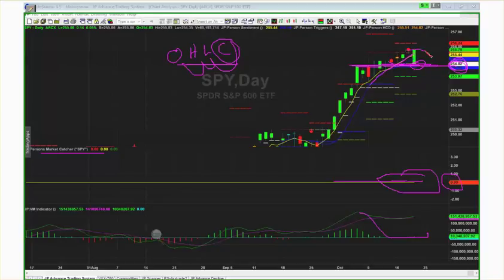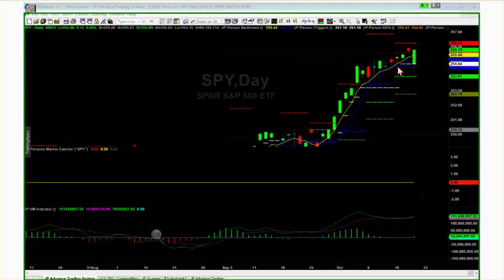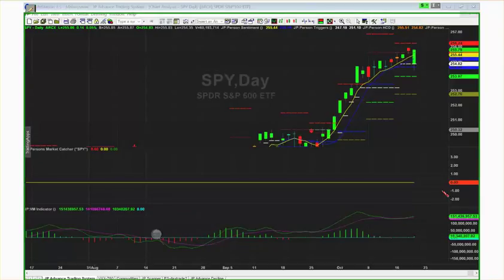And unfortunately, one of these days, we might just get one of these tall red candles, and then that's the end of it. But at this point in time, I would have to say that tops take longer to form than bottoms. All I could tell you about the market's condition based on today's price action is that we uncovered some supply and we uncovered demand. There's supply up here because we had a reaction to the downside, and there was demand here.